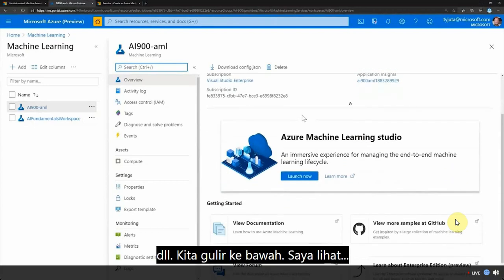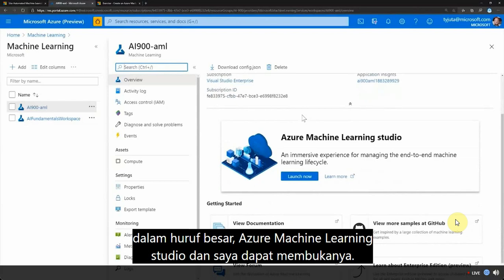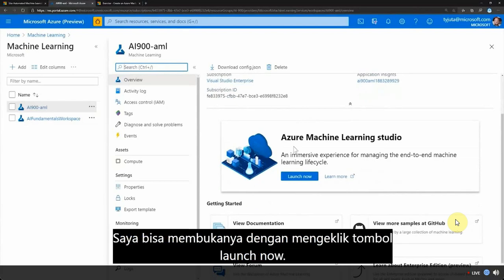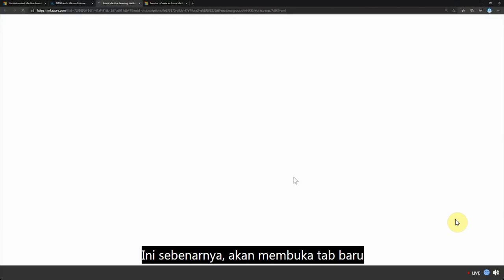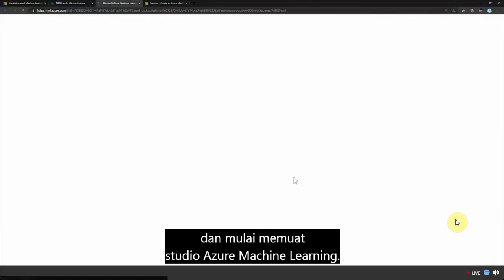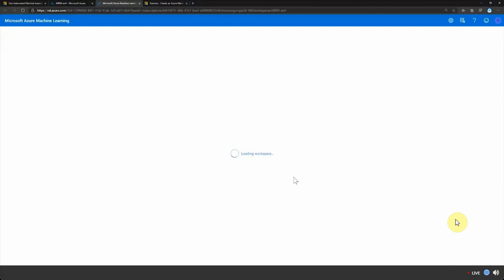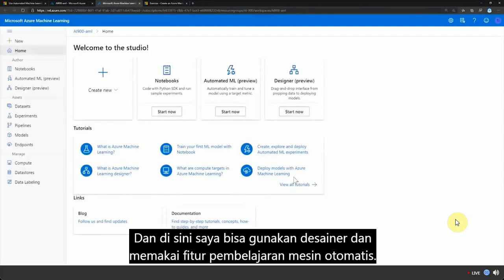If I scroll down, I see, in a big font, Azure Machine Learning Studio, and I can open it up by clicking the Launch Now button. This will open up a new tab and start loading Azure Machine Learning Studio. And here I can use the designer and